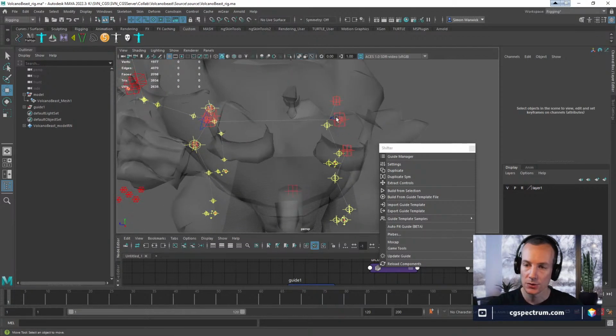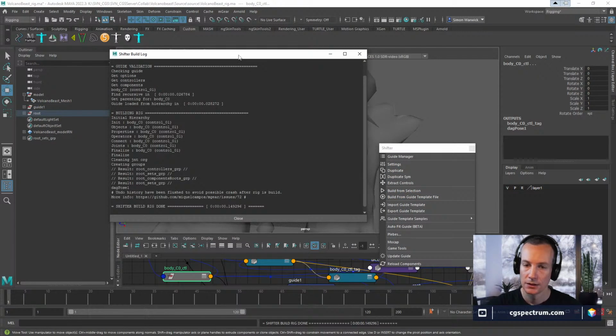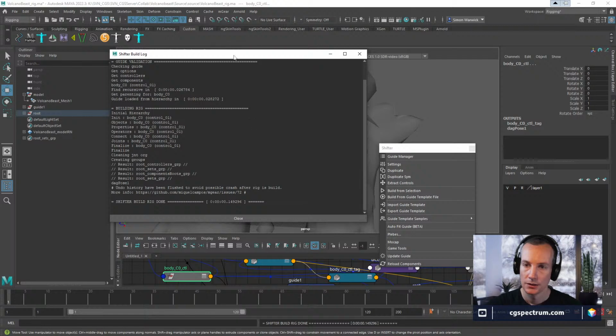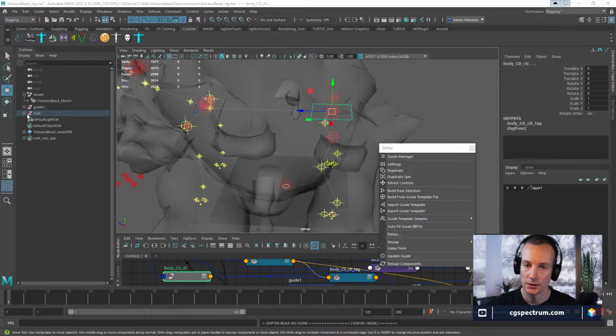So there was an interesting feature that I might be able to use in this case, where if you build this guide, so I just build it right now. What? There's the root.